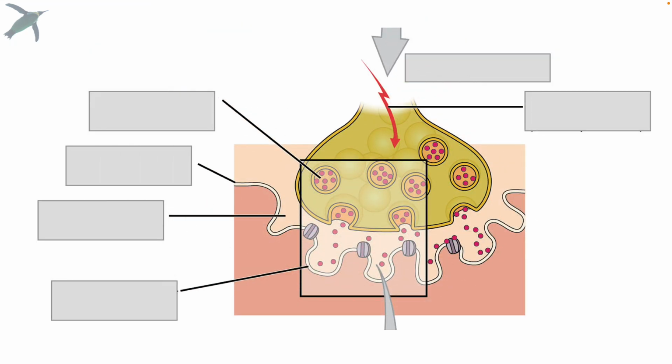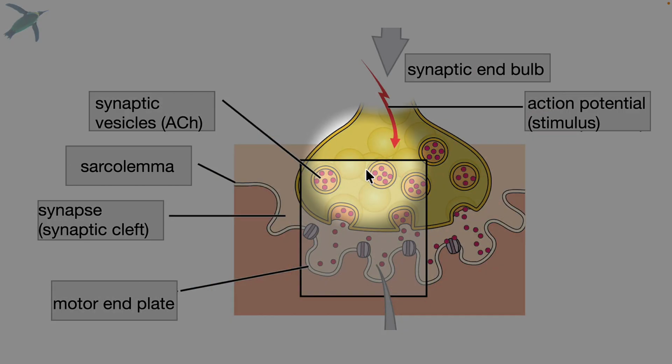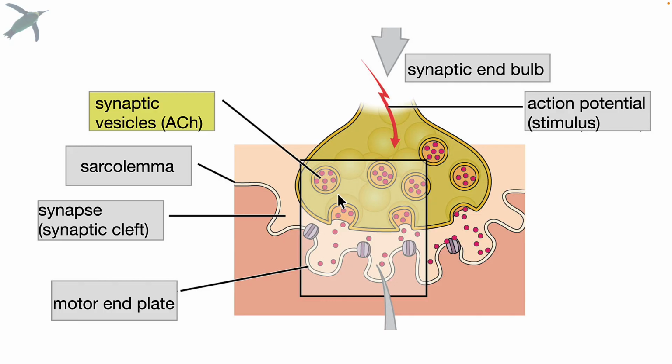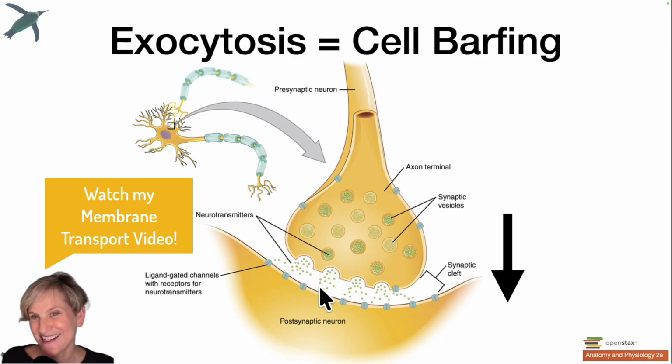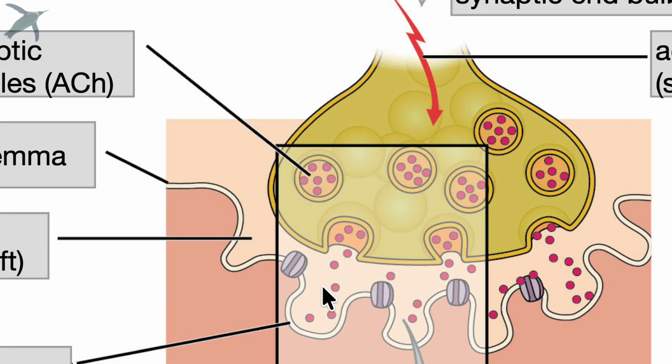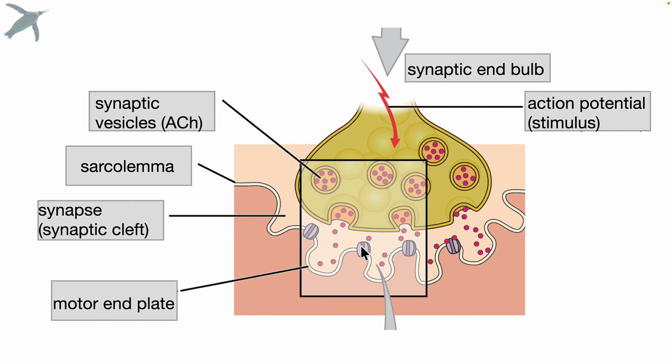So here's a close-up. We're looking at the axon terminal, which is actually expanded into what's called a synaptic end bulb. So it's kind of enlarged at the end. And here we have vesicles filled with the neurotransmitter acetylcholine. And when this somatic motor neuron fires, when it has an action potential, the acetylcholine is exocytosed. I call it cell barfing. Those molecules go out into the synapse or the synaptic cleft, and it's then available to bind to receptors on